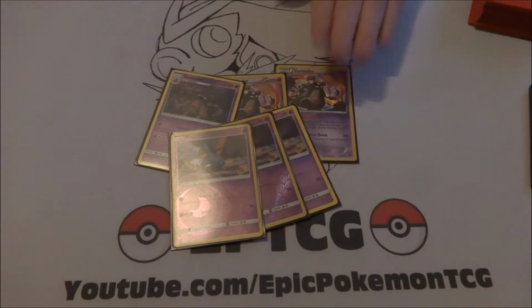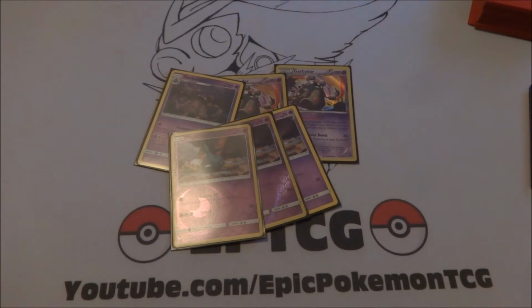If I do say Garbodor, I do apologize. I'm trying to say Gardevoir, but I get the two mixed up. But pretty much I was all about stopping Gardevoir's ability. On top of that, you can stop Tapu Lele's ability. You can stop Greninja's. Just really anything in general that is really relying on abilities, Garbodor is really going